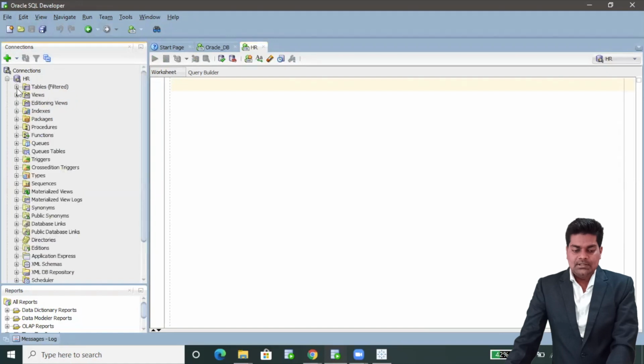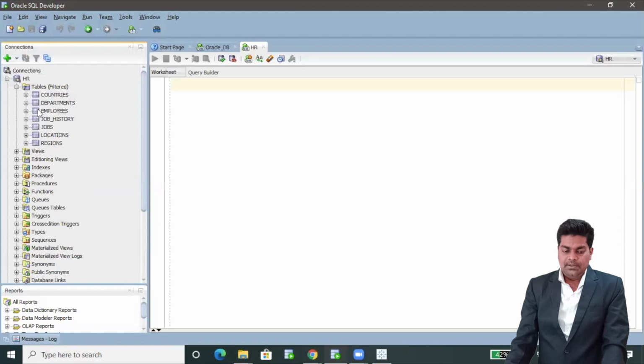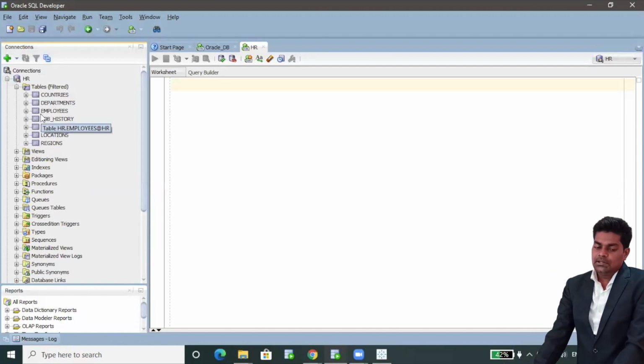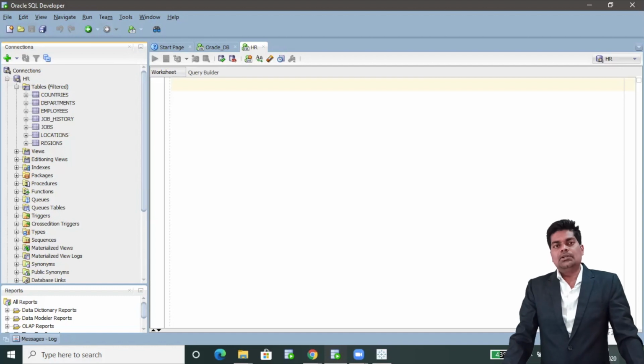Inside HR we have multiple tables: the employees table, departments, countries. I will share the link to learn Oracle database and to practice in Oracle cloud database.